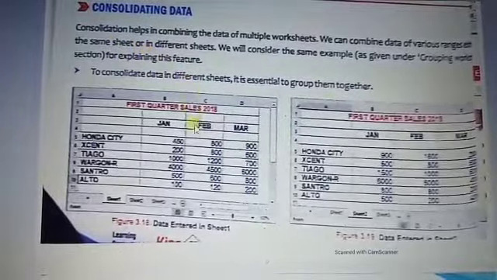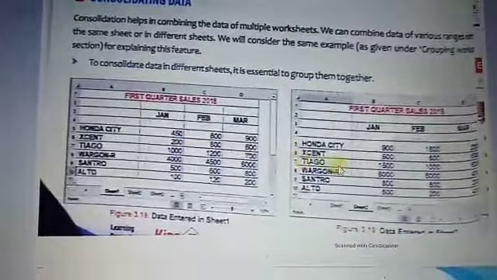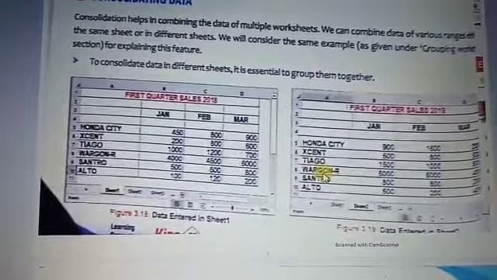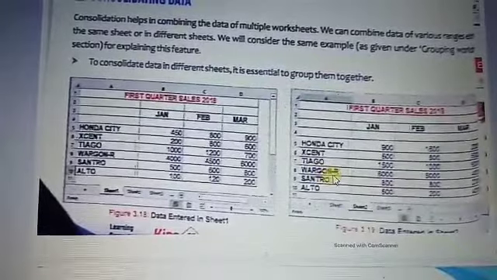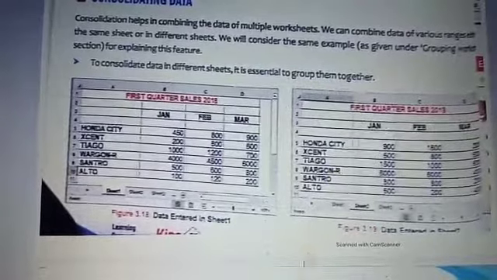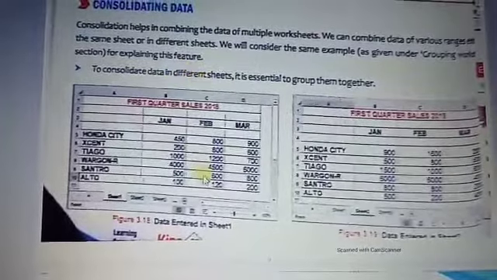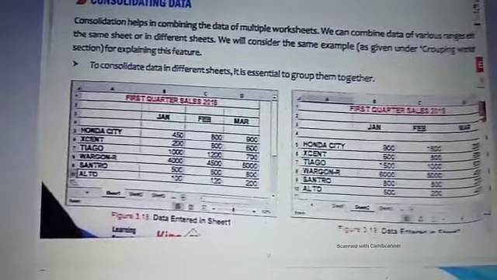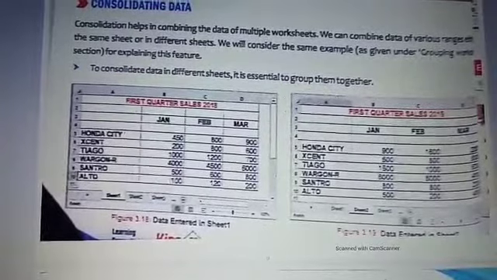Consolidation is the process where you have defined data on the first sheet and data on the second sheet, and if you want to apply a formula or some kind of function and find the resulting data on the next sheet, like sheet 3, then you can use the consolidation process. The consolidation process always works on grouped sheets. That means you first group all the sheets, then apply the consolidation process.